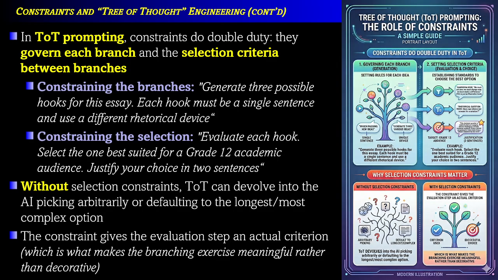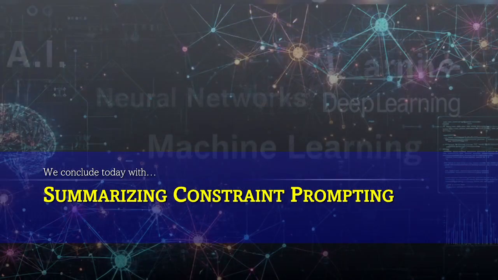Sometimes we see this quite a bit in AI responses. It's very long, very detailed, and not at all really what we're looking for. So the constraint gives the evaluation step an actual criterion, which is what makes the branching exercise meaningful rather than just decorative. All right, so we're going to wrap up today in this phase of prompt engineering using constraints,